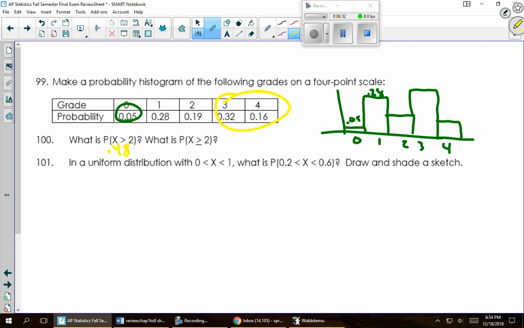Probability x is greater than or equal to 2, I need to add that in there also. So this is 0.48 plus 0.19, which is 0.67. Continuing,